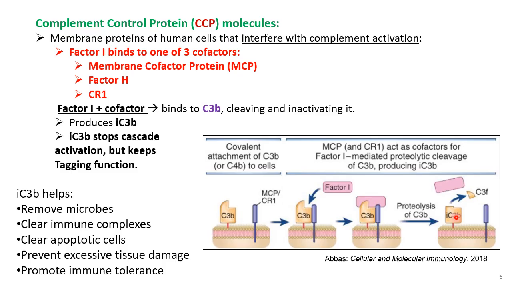For example, it stays on the surface as a tag. So this thing, even if it's not going to continue with the cascade, is working as an opsonin. It's tagging the surface that it bound to. So it helps to remove tagged microbes, even if the microbes also have other parts with active complement cascade. It is going to help also to clear up